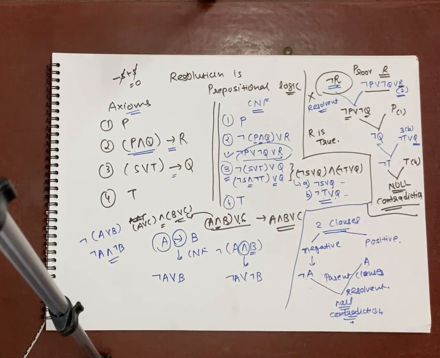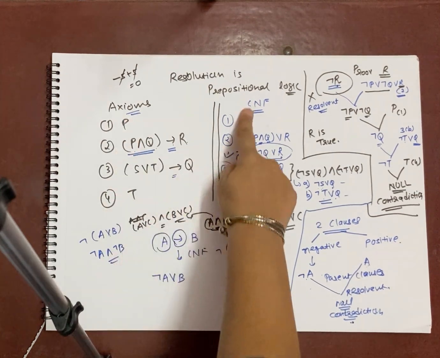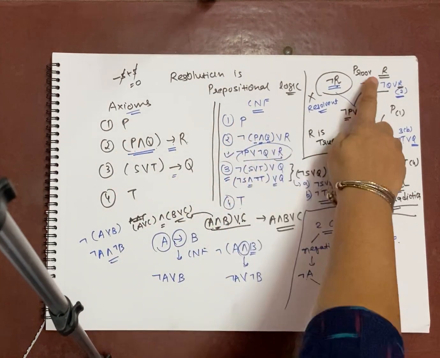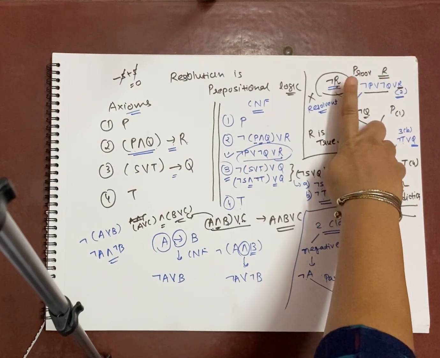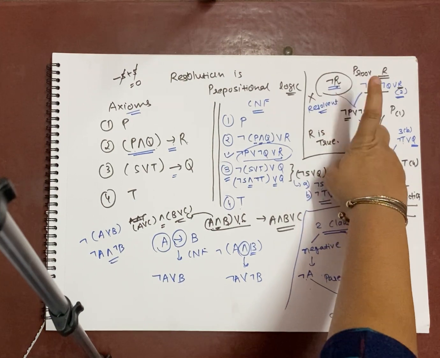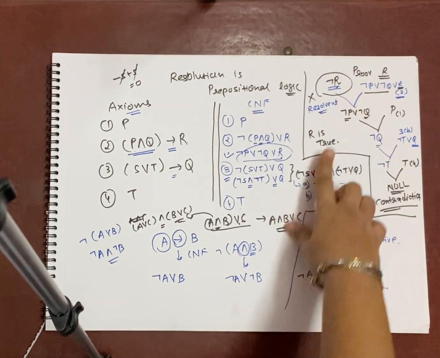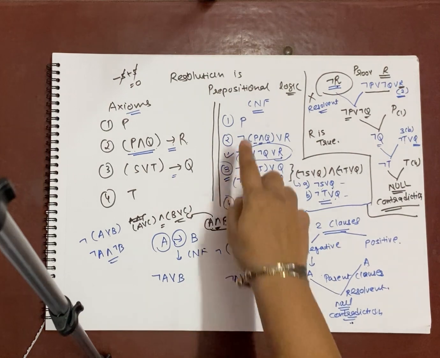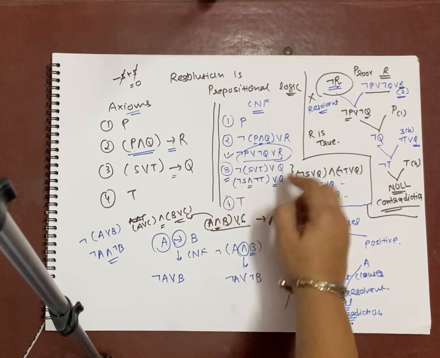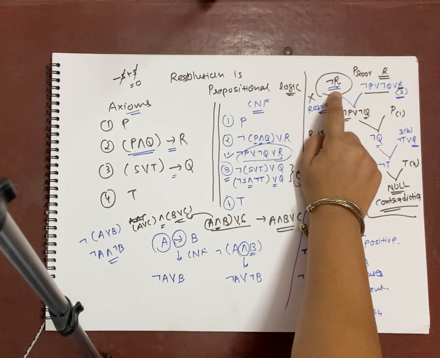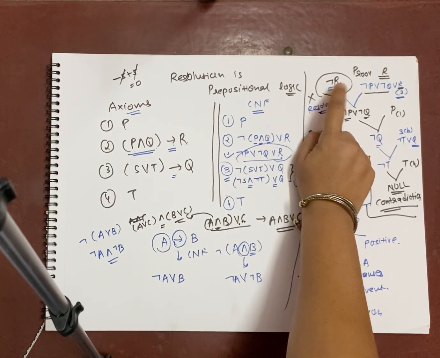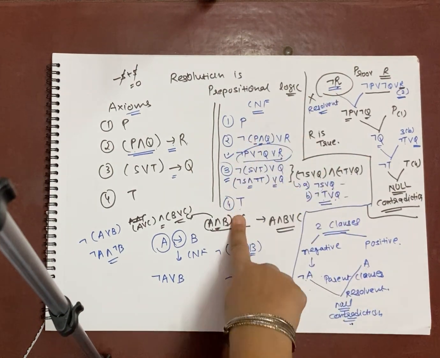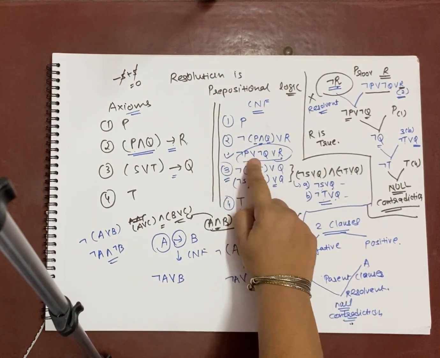Are you getting this? So how have we applied resolution over here? First of all, the axioms which we have are converted to CNF form. Then whatever goal is given to us is negated and converted to CNF form. Then the negated CNF of the goal will be one of the parent clauses. You have to select another parent clause from the available facts you have, such that whatever proposition you have available over here, that atom's opposite should be available in the clause. So if I have not R here, I have to search for a clause where I have positive R. So we have picked up this first of all.